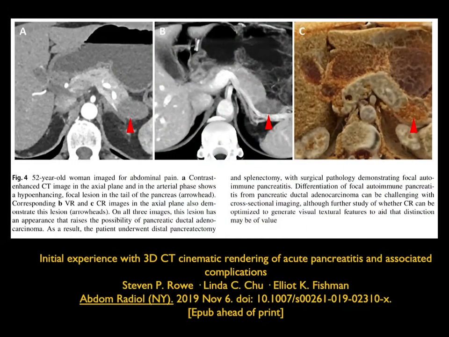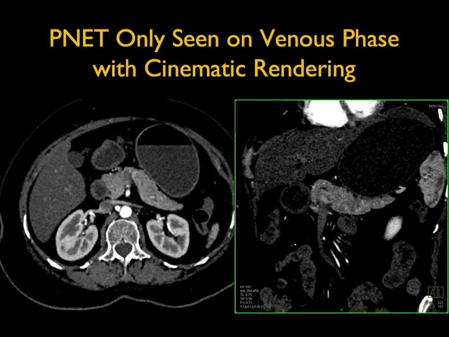Or here showing you the mass in the region of the tail of the pancreas, which ended up being considered to be pancreatic cancer, but was actually autoimmune pancreatitis. Again, texture can be helpful. We're looking at this. Or in this example, where you look at the images and I'm telling you there's a